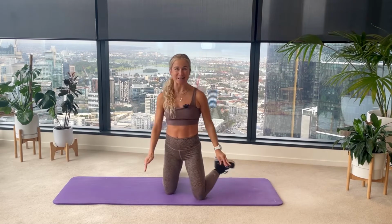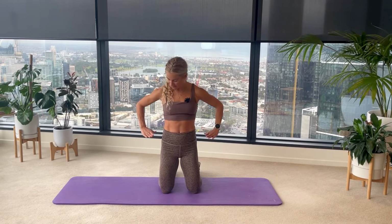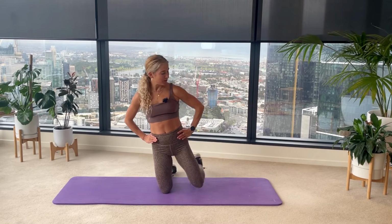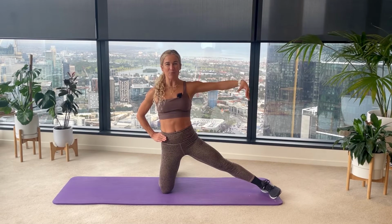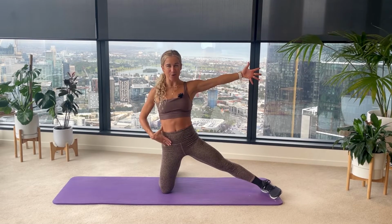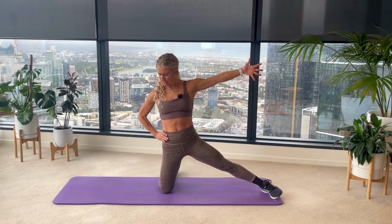And then from here, hands by your sides, just centering up through your knees. We're gonna go into some obliques and a little bit of lateral stability here. So hands to your hips, your left leg will extend and keeping your right hand on your hip. That left arm will reach out towards the side, tuck your tailbone, and supporting your sacroiliac joints in your pelvis